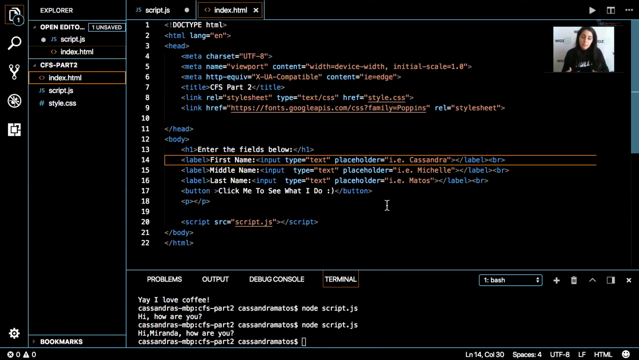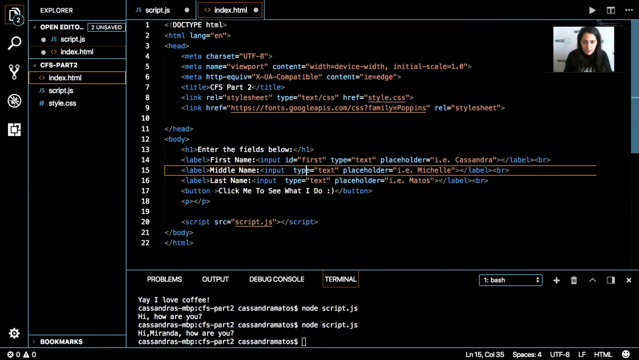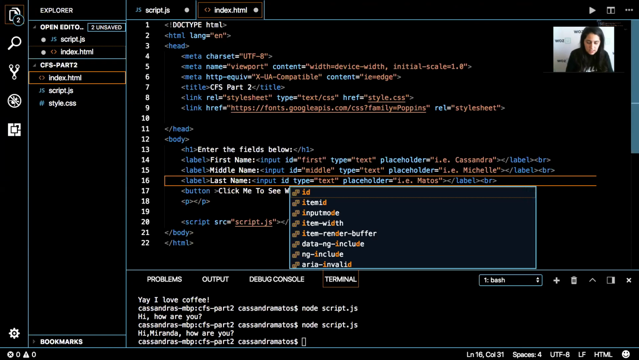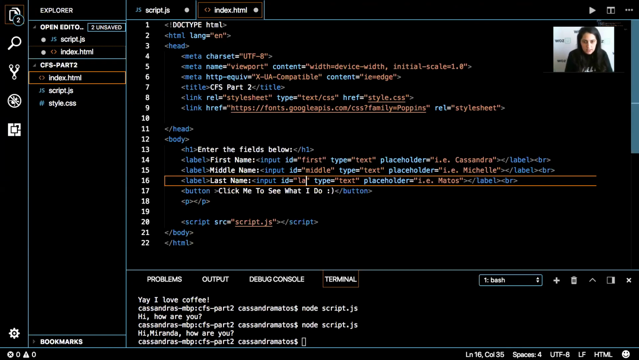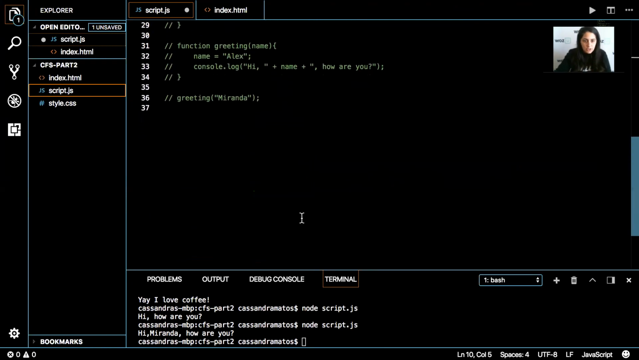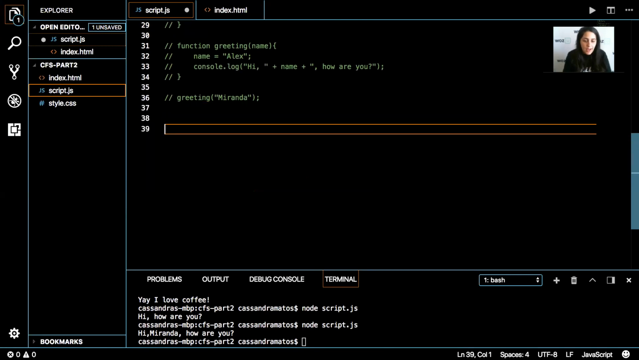But let's say you were making a multiple choice quiz, and you need to grab a chunk of answers and see which one's checked. Then maybe you want to grab it by tag name. There's a bunch of different ones out there, but they all have the same concept. So here, I'm just going to put IDs for all of these. The ID is going to be first for first name, and then ID equals middle, and then ID equals last. Okay. So then when I go back to my JavaScript, I'm going to grab these